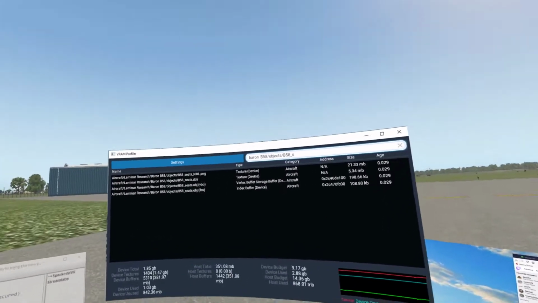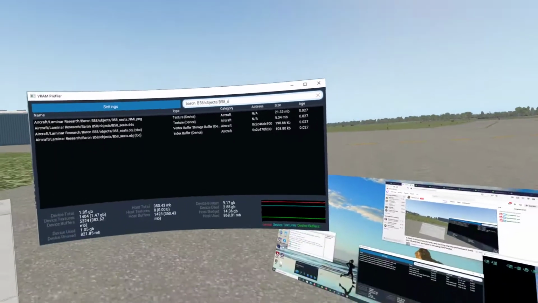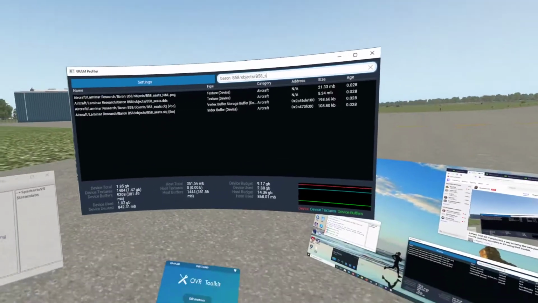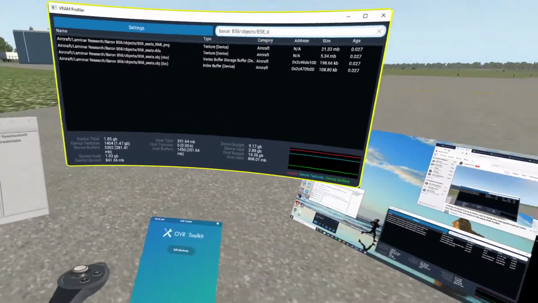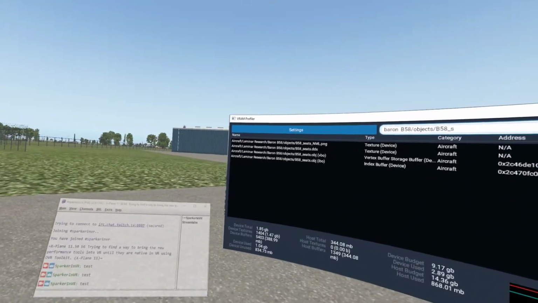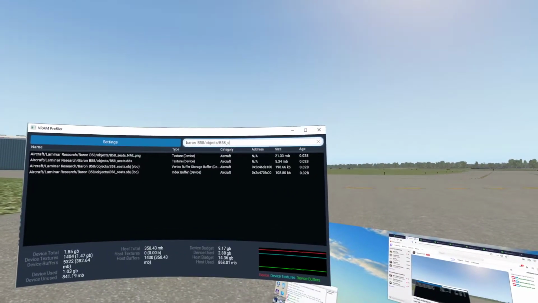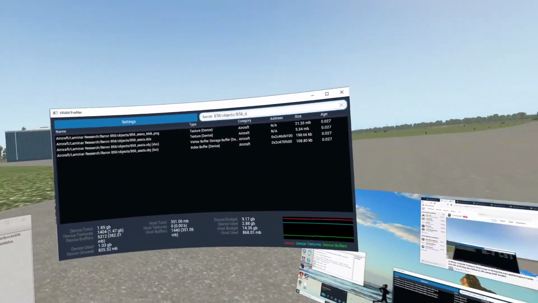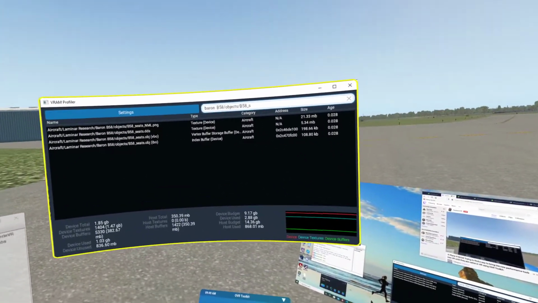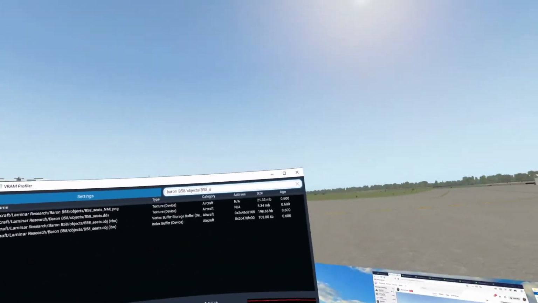I would use the X-Plane keyboard. But since that is not how I got here, I have to use the OVR Toolkit keyboard, which is great that it actually has such a thing. But this is definitely an absolutely workable solution. So it allows me to much better judge performance,